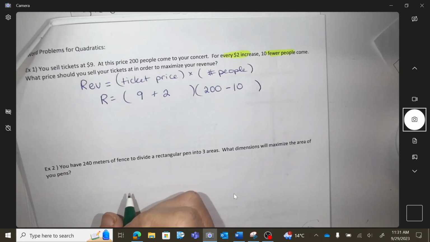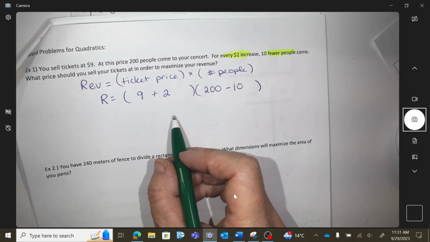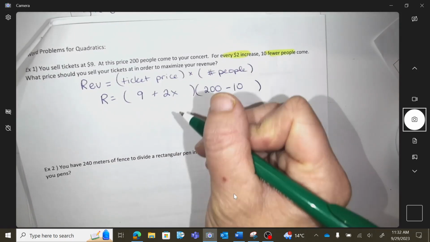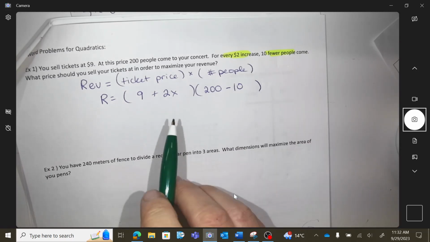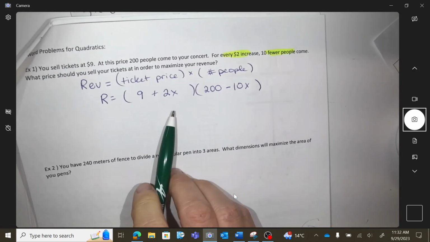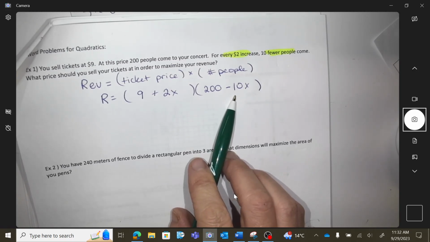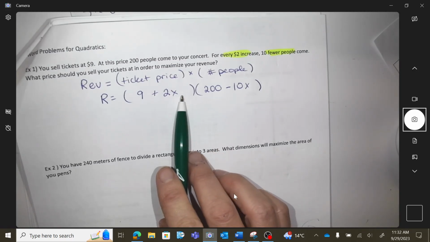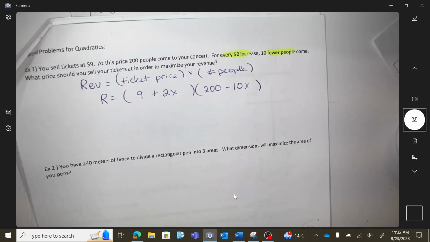Okay, but we're missing something very important, and that's going to be a variable. Okay, I don't know if I'm going to increase it $2 or if I'll go up 2 and then another 2. I don't know. I'm trying to test that out. But if this changes, this also needs to change accordingly. So technically, if this goes up 4, this would go down 20. You see what I'm doing? It could do anything. Okay, that's the tricky part. Now the rest is math that you know how to do.